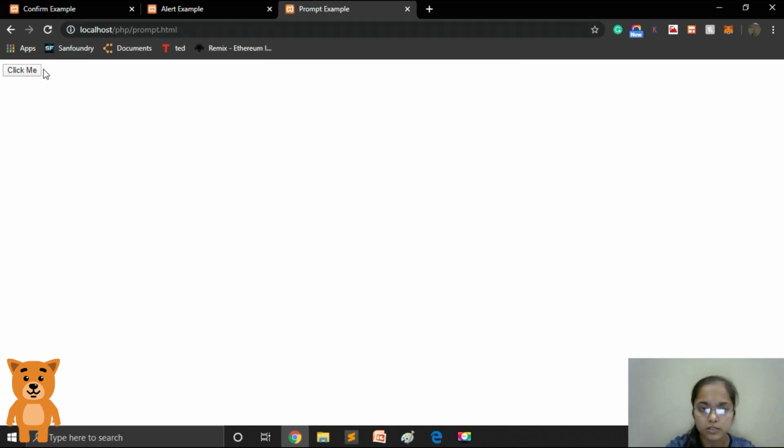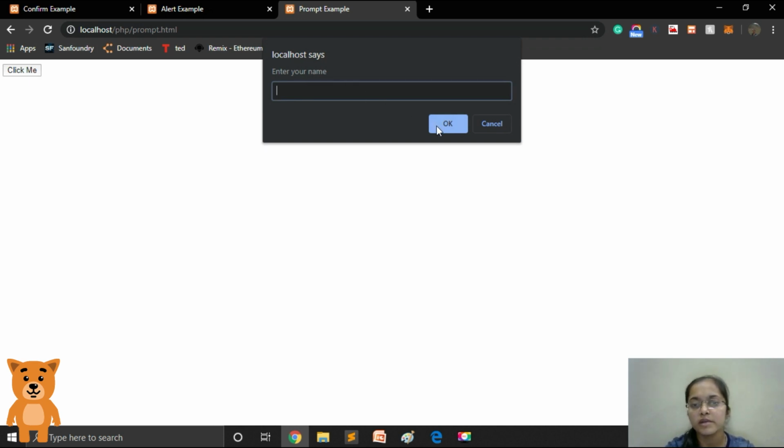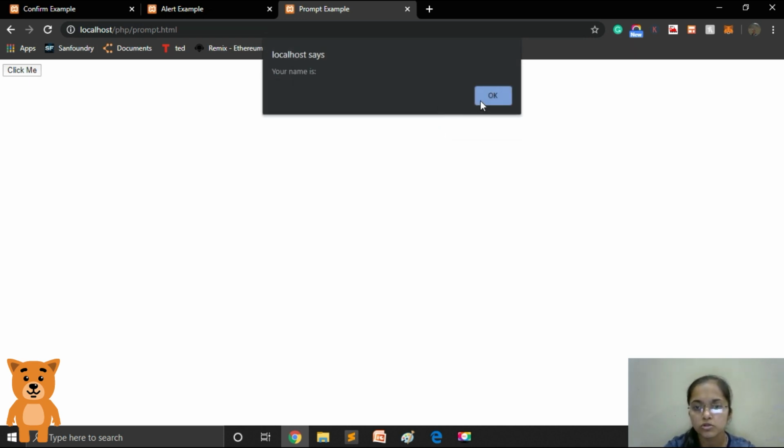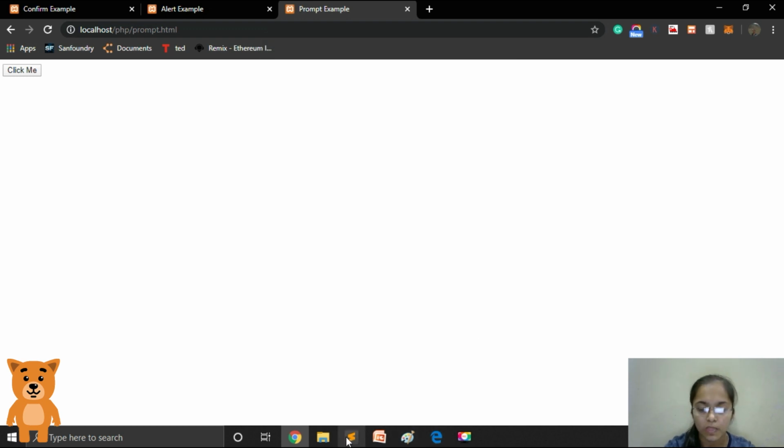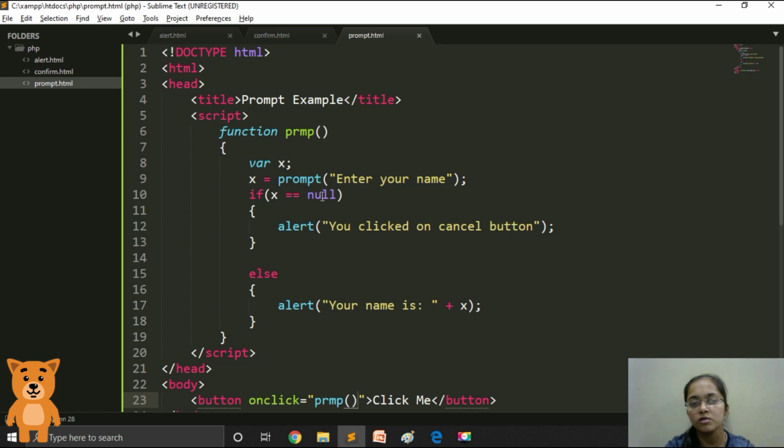And now our final test, that is writing nothing and clicking on OK. Your name is empty. So now how does this work? Over here we have done that x equal to null. The value of the text box depends on the button that we have clicked. If the OK button is clicked and the name is nothing, then the blank will be seen. And if we have written some name and then also we are clicking cancel, then the value will be null, because we have clicked the cancel button, and by clicking on the cancel button the value will be displayed as null. So this way the alert, confirm and prompt dialog boxes appear.